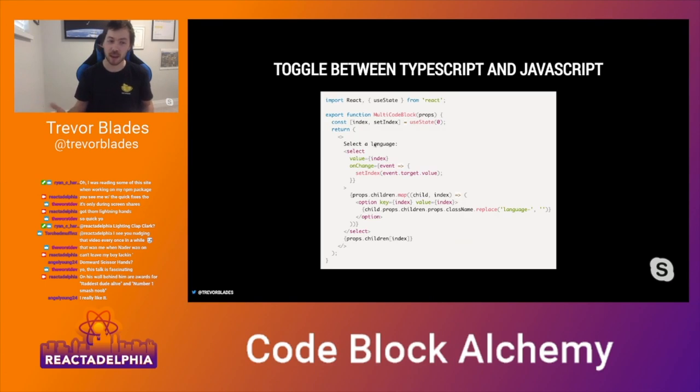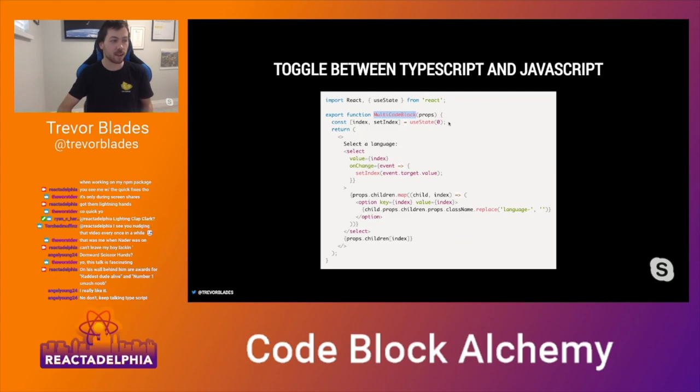And to achieve this, I wrote a pretty simple React component, small enough to fit on this slide. I hope the font size is okay for everybody, but I'll walk through it step by step. So I call the component a multi-code block. And this multi-code block uses React state to keep track of the index of the child that it wants to show. So the idea is that this component should only show one child at a time. And the children that get passed to this component are just our two code blocks,